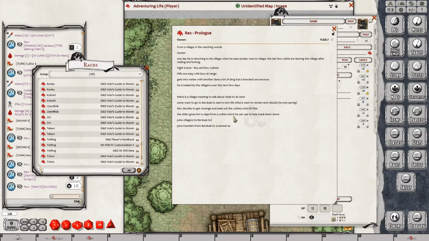Burdusk to escort them, and then he will join with our party. Join with the party to...